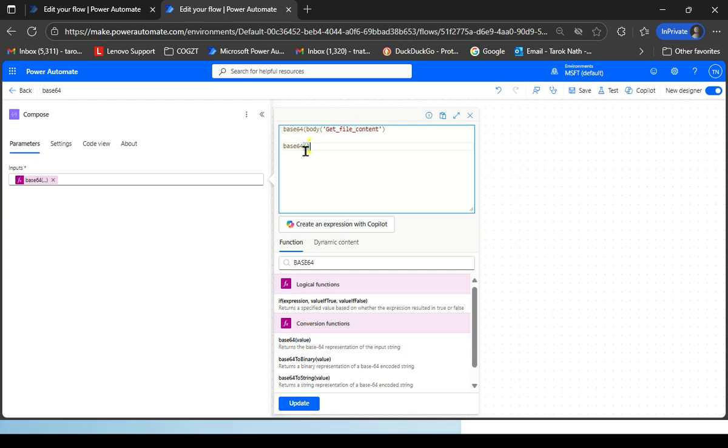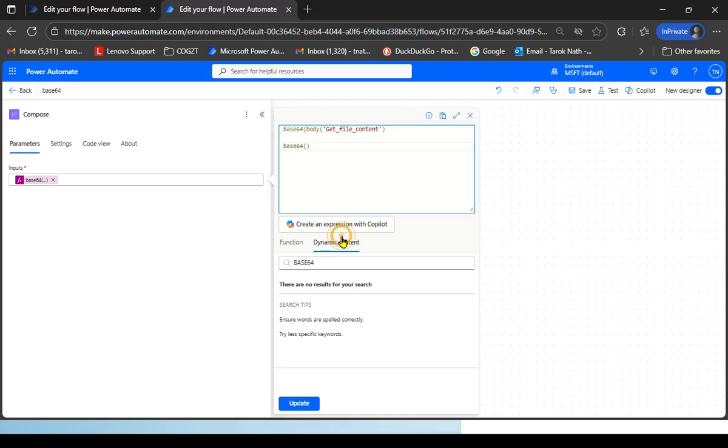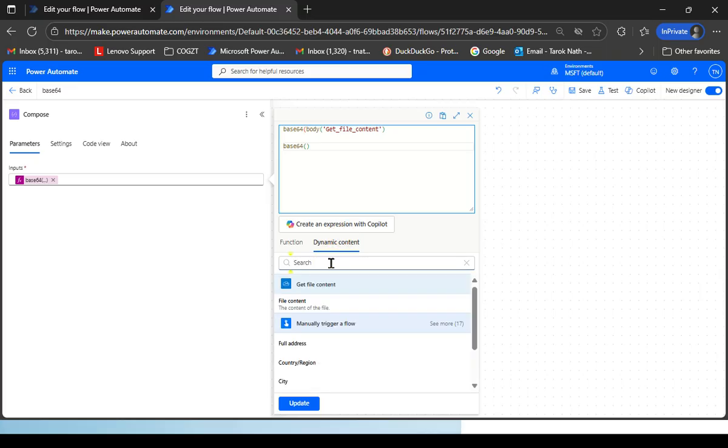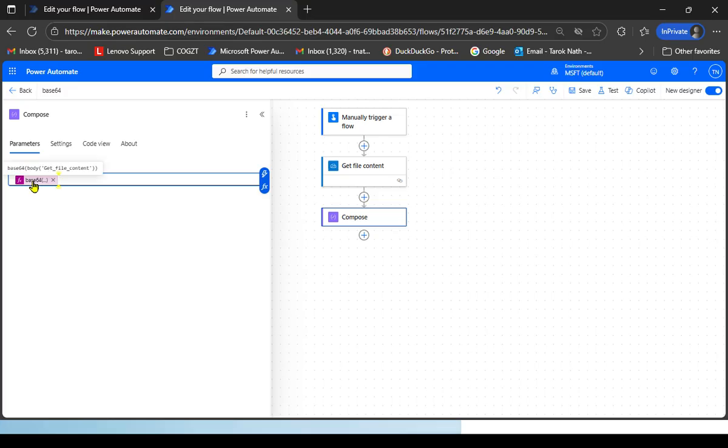This is the one, and then you come inside this bracket, then come to dynamic content. Then you select the file content from the get file content action in the dynamic content tab. When you select it, the expression gets built automatically, and then you just click on add, or here it is called update. Once you select that, it will show up like this. Now once you run it,